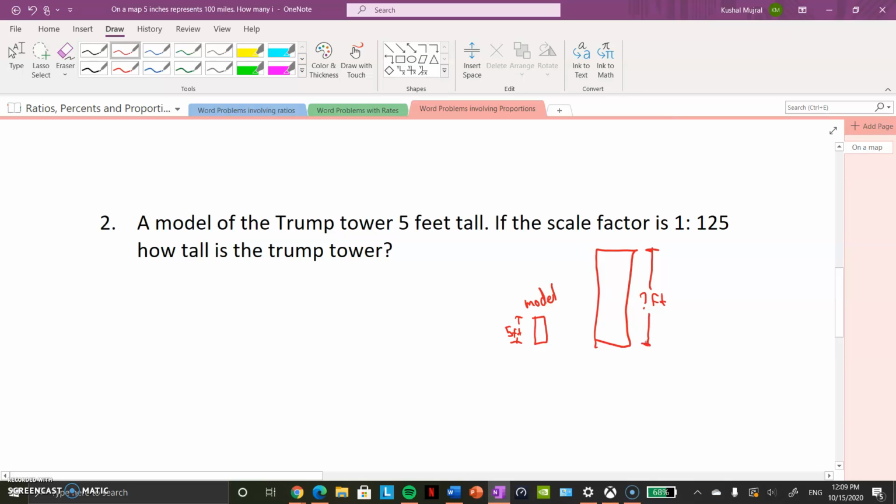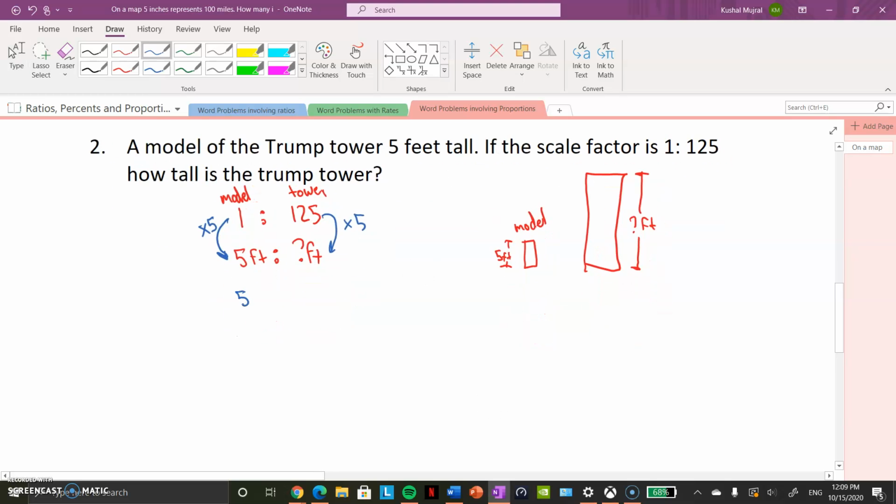Okay, so we know that the scale factor is 1 to 125. So this is the model here, and this is the tower. So if the model is 5 feet, we want to know how many feet the tower is, and we're just going to look at what we did here. We would multiply this by 5, and so if we were to multiply one side by 5, we'd multiply the other side by 5. So 5 feet for the model. This is the model over here. And the tower